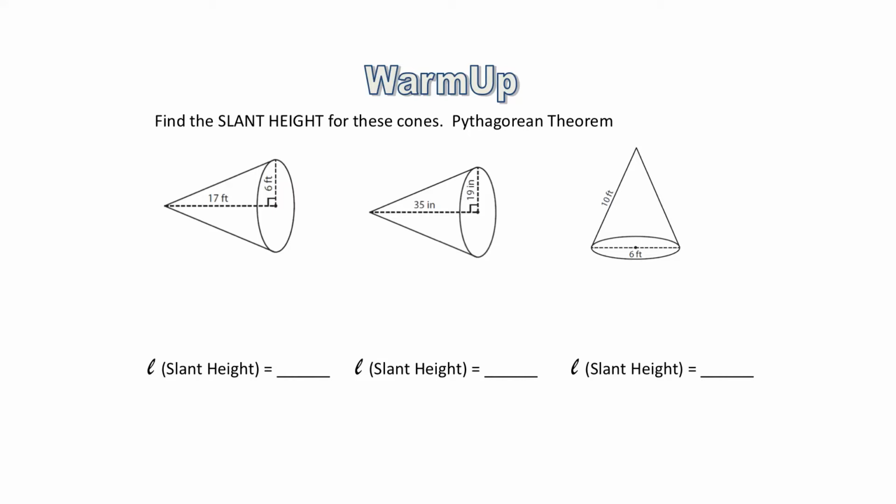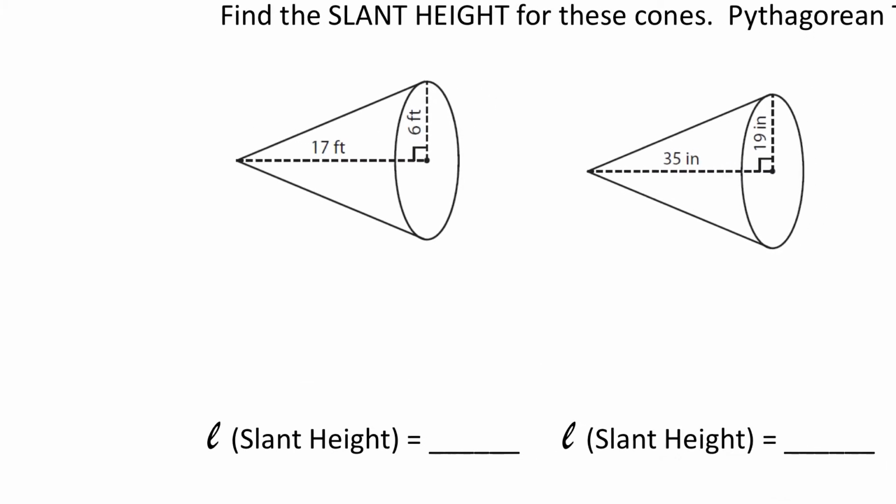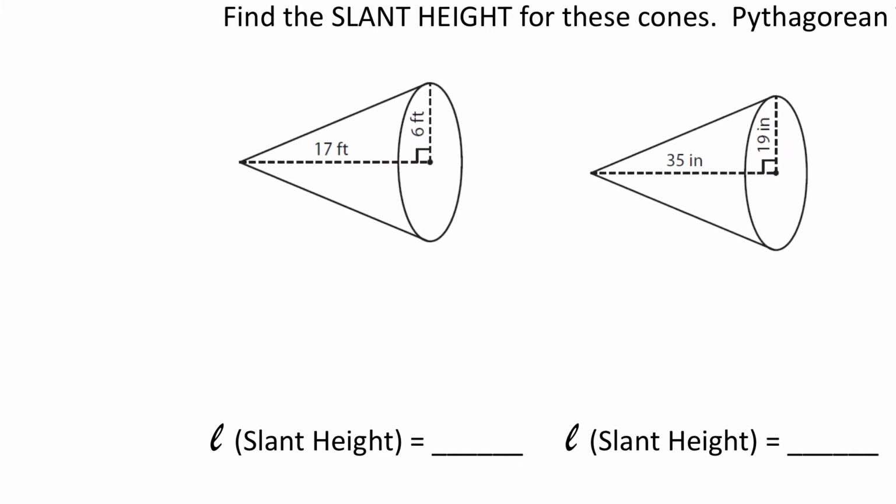Okay, so when I'm up here, how are we going to find the slant height of this cone? Pythagorean theorem. So we're looking for this side of this right triangle. Okay, good. So when you're looking for the hypotenuse, you just add 17 squared plus 6 squared, square rooted, and what does that give you? 18.03